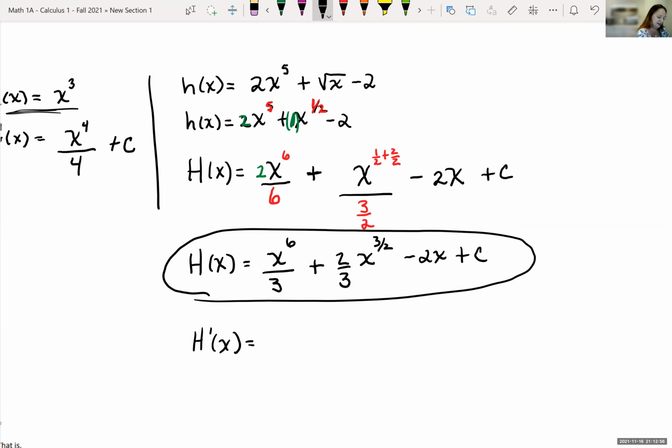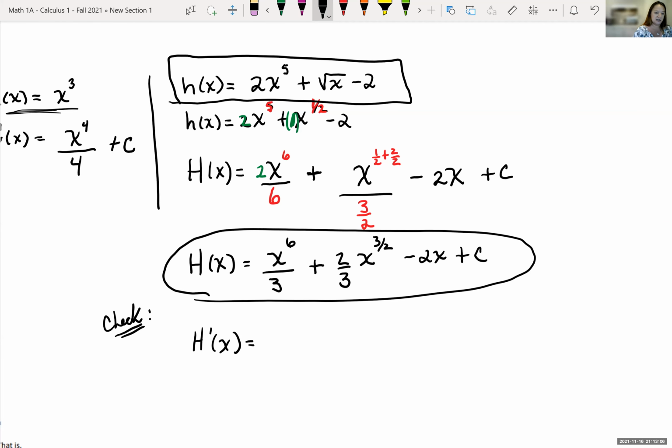Okay, and so let's check. We can always check these by going backwards, take the derivative, and make sure when we take that derivative, we're getting back our original function, little h of x. So taking the derivative, we would bring down our exponent, subtract 1 from our exponent of 5, that's divided by 3, plus 2/3, bring down our exponent. So that would be a 3/2